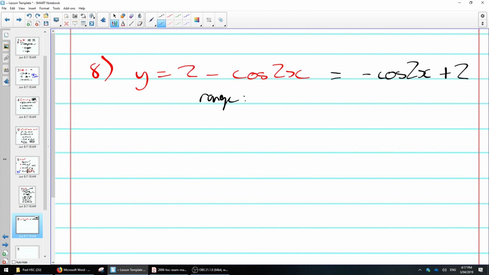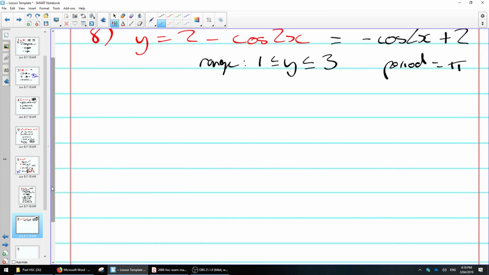Normally it's between 1 and negative 1, but if we're shifting it up by 2, now it's between 1 and 3. And the period equals pi. Other than that, you just know that it's shifted up, flipped, squished. And then, if we know it's between 3 and 1,